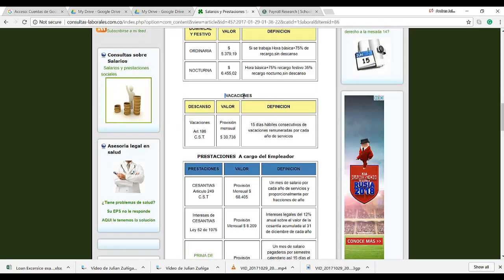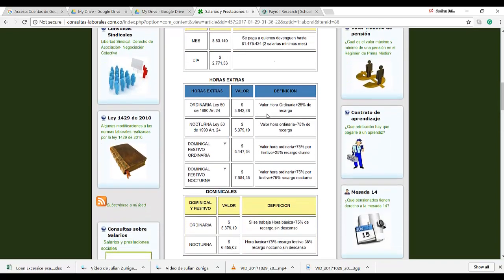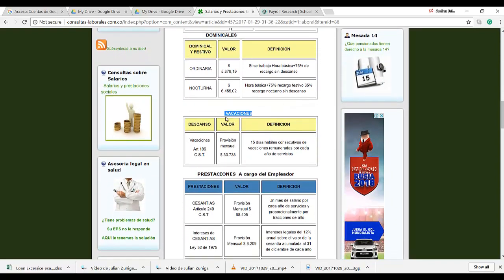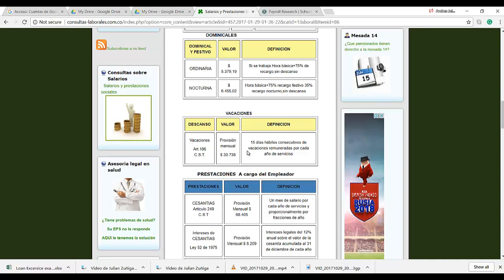Then we have vacations. All this is something that as an employer you have to take into account in order to start saving the money for the end of the year or to pay, in our case, vacations. So when they talk about provisión mensual, this is something that the employer has to take into account, because at the end of the year, you will get 15 days of payment, consecutive days of payment for every year of